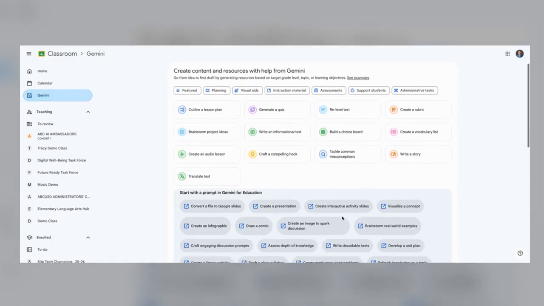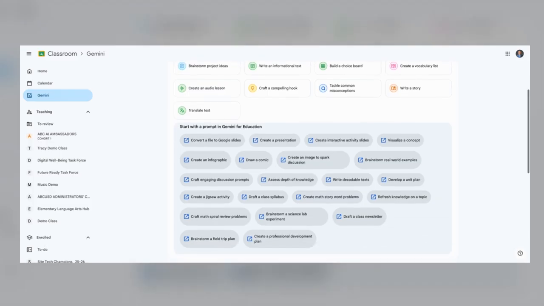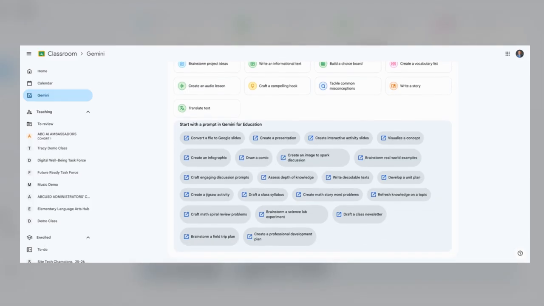If you scroll down a little bit, there's a whole bunch of ideas here. These are actually links that will take you to creating a Gemini gem. But when we're doing things like making word problems for math, we can start to incorporate, again, things that students are interested in. So if you want to revolve your story around a particular sport or video game or location, you want to include some of the students' names from your class, all of those things can be done relatively easily